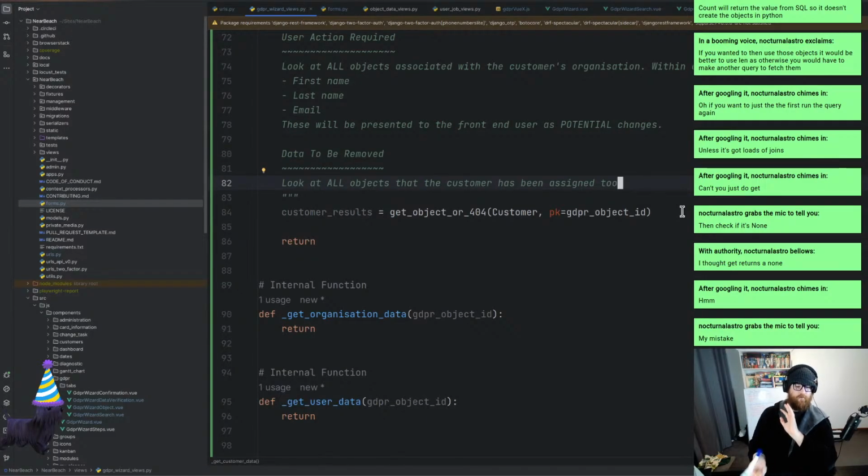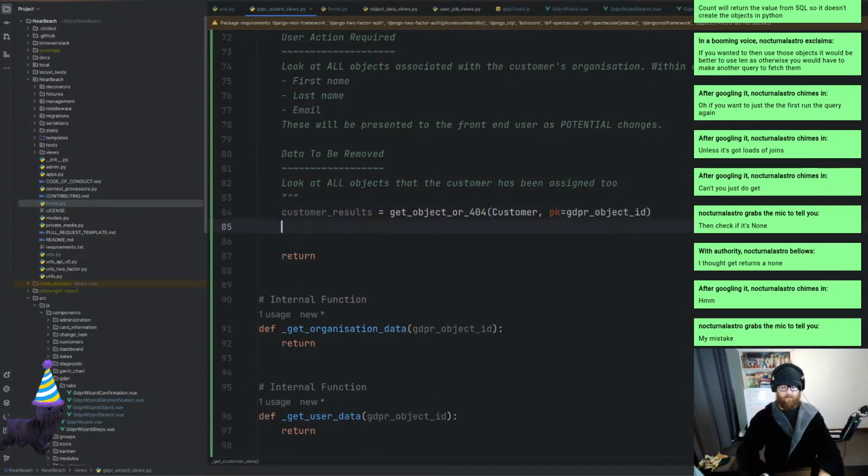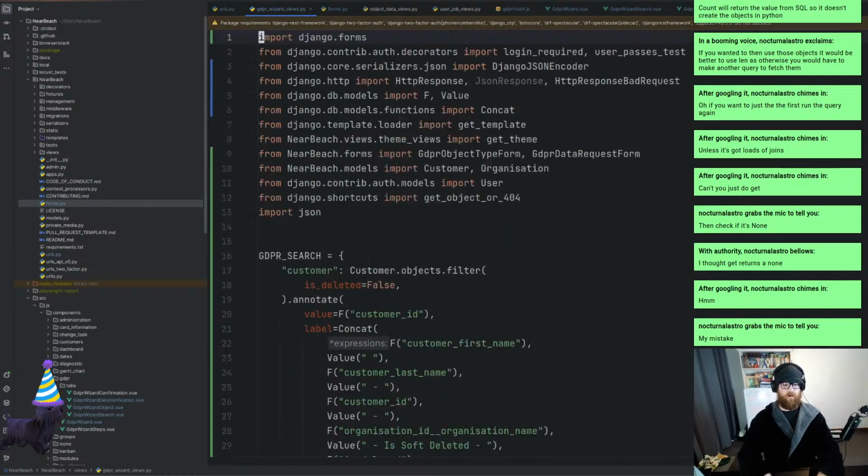So we've got the customer results. What we want to do is see all of the organizations. So what we've got is also the object assignment results equals the object assignment, which we don't have, so this is